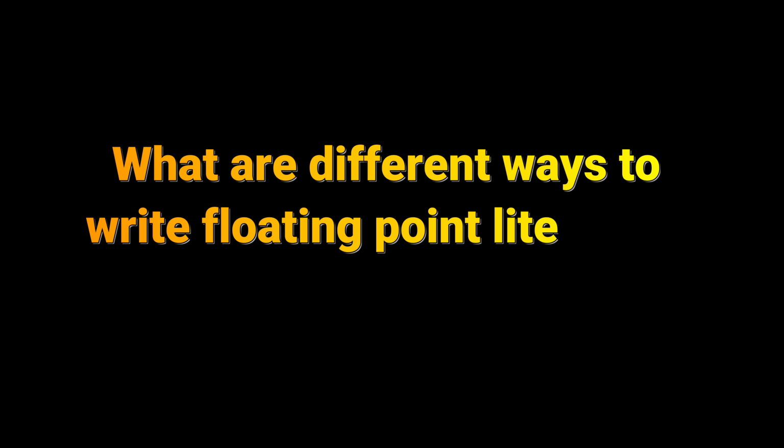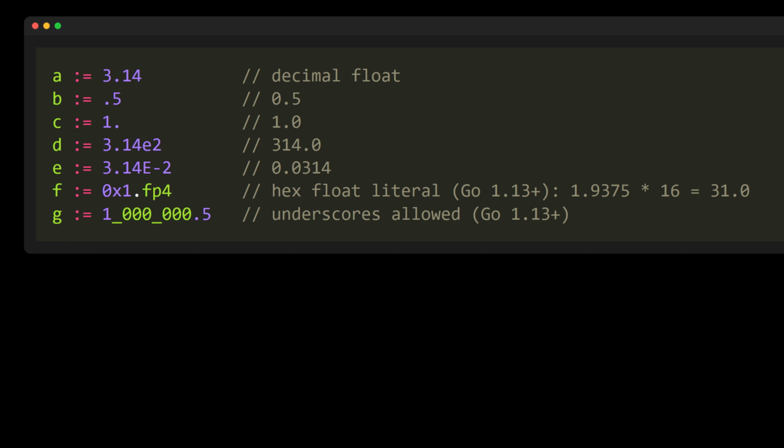Question: what are different ways to write floating point literals in Go? Answer: in Go, you can write floating point numbers in several ways. You can write a normal decimal number like 3.14. You can write .5, which means 0.5, or 1., which means 1.0. You can use scientific notation like